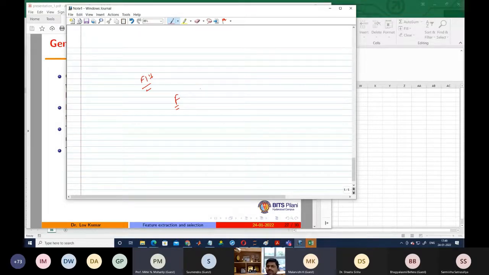The objective of feature selection technique is to improve the accuracy of the model, or you can also say the performance of the model, and reduce the number of features. As for example, if we are going to get two different types of model, one model with 90% accuracy with 4 features, and second model we are getting 91% accuracy with 20 features, definitely we will recommend to use the first one, because if we are going through the cost benefit analysis, we are getting 90% accuracy with only 4 features, and if you want to achieve 1% more accuracy, then we have to take another 16 features.